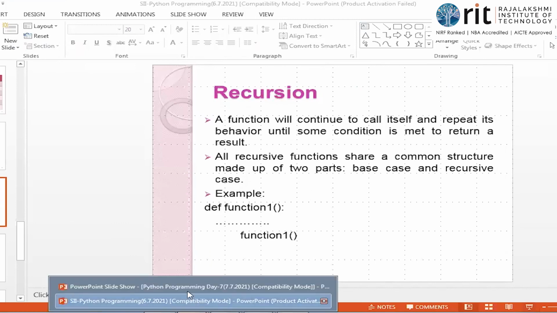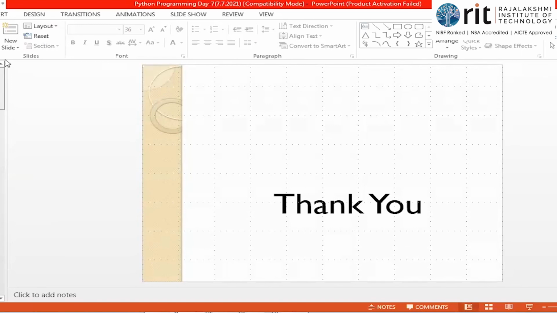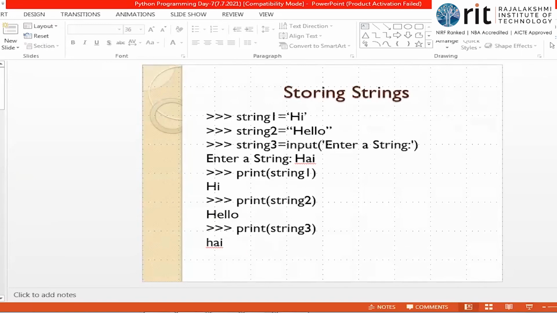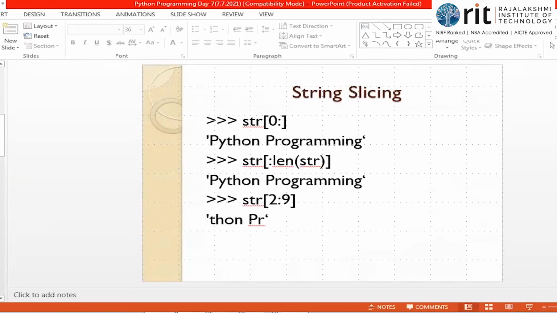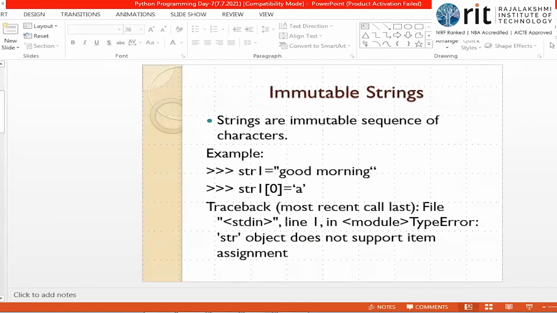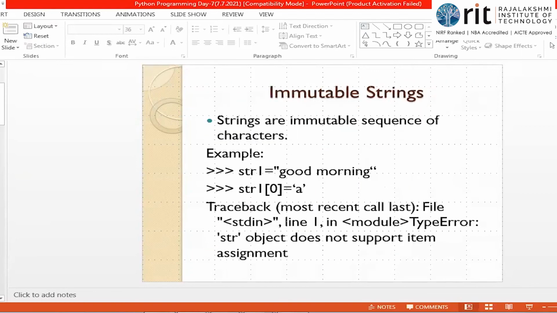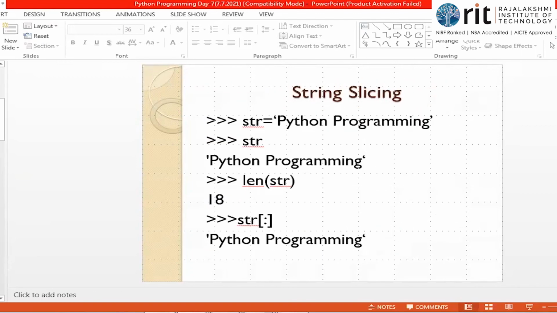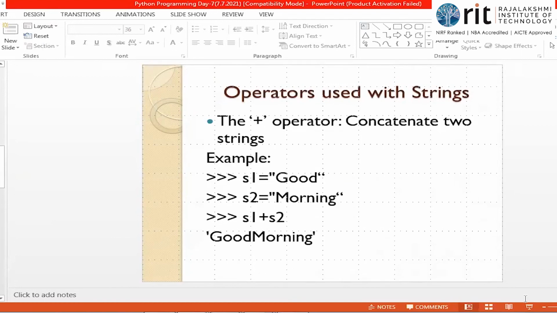Okay. Someone has asked me to show the operators in strings. So this is the... so these are the operators.